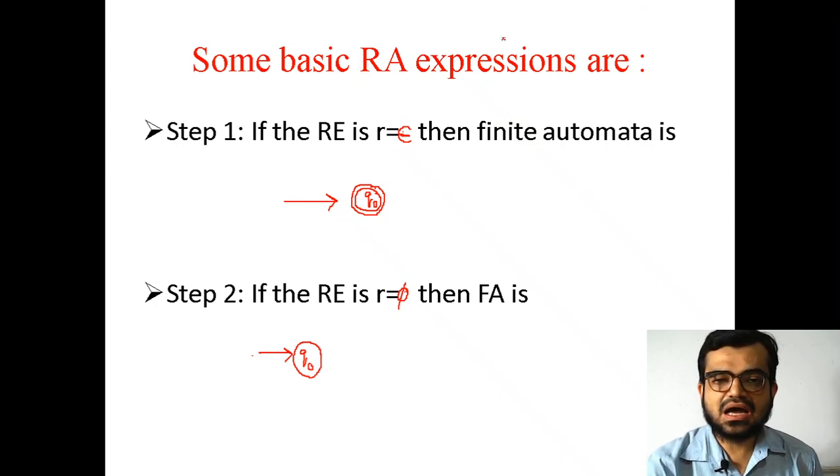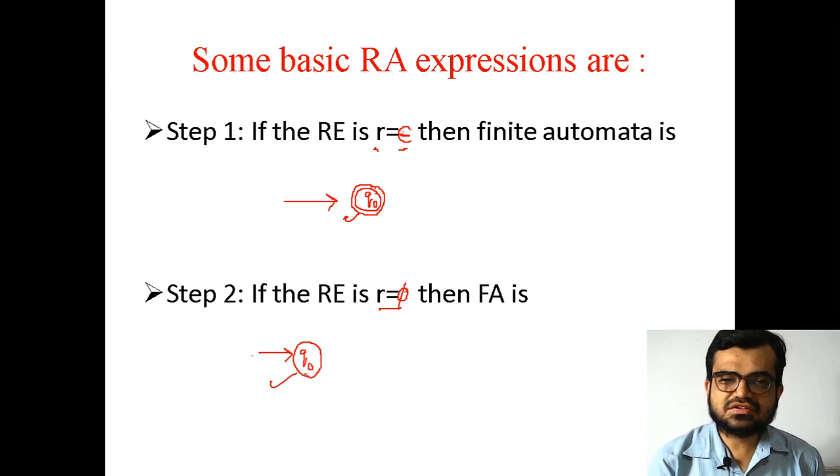So first we will see, for example, the basic regular expression. Consider a regular expression R. If it has simply an epsilon value, then the finite automata will be as simple as that, because here there is no value, and this is your final state as well as your initial state. And if, for example, R is equal to phi, that means there is no value here, it's an empty one. So you can have the finite automata in this way. This is just to describe the basic simple representation of finite automata for the given regular expression R equal to phi.